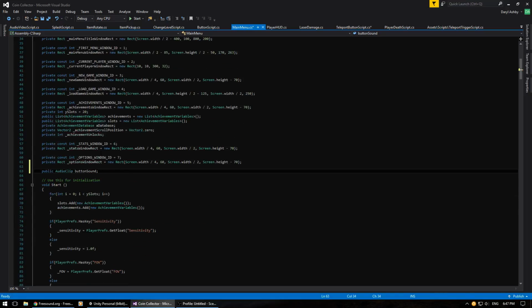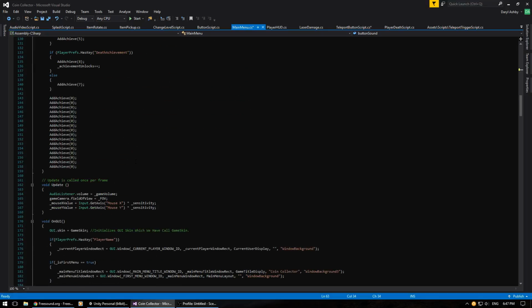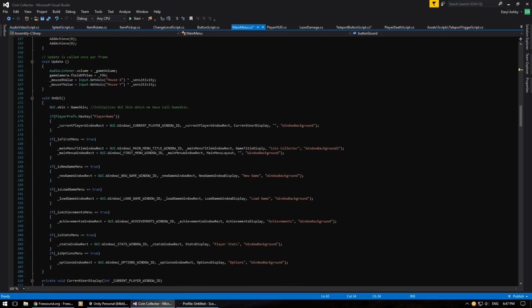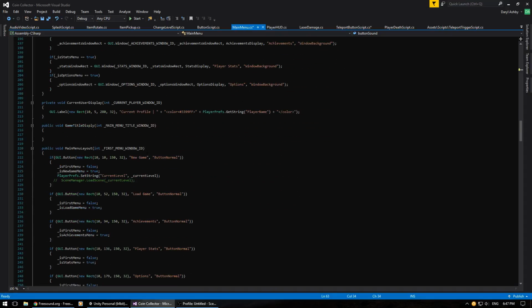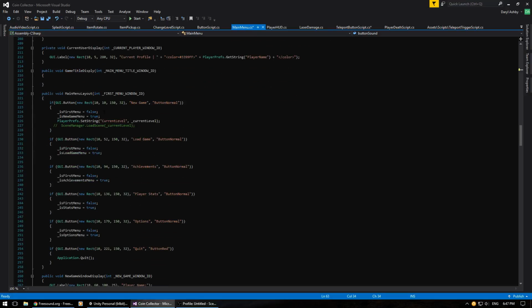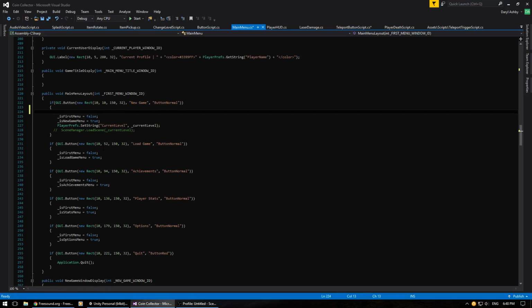sound. Now what we need to do is find our buttons, so if we scroll all the way down to GUI, first menu, there we go, we've got all the buttons in here. So the first thing I want to do before we change anything to true and false is, it's slightly different. Before you could just say play one shot, but you can't do that anymore. So you just say get component